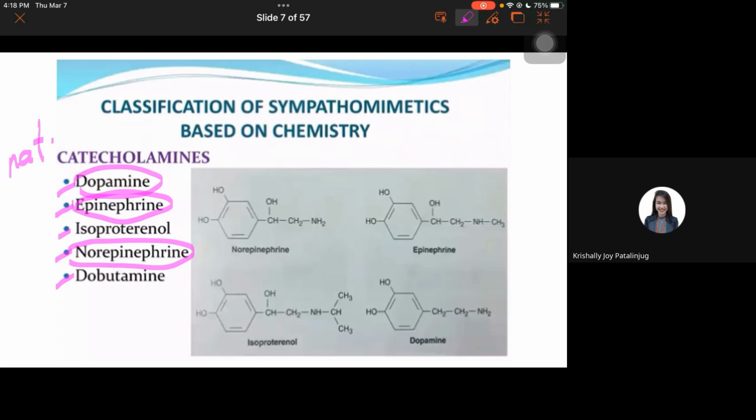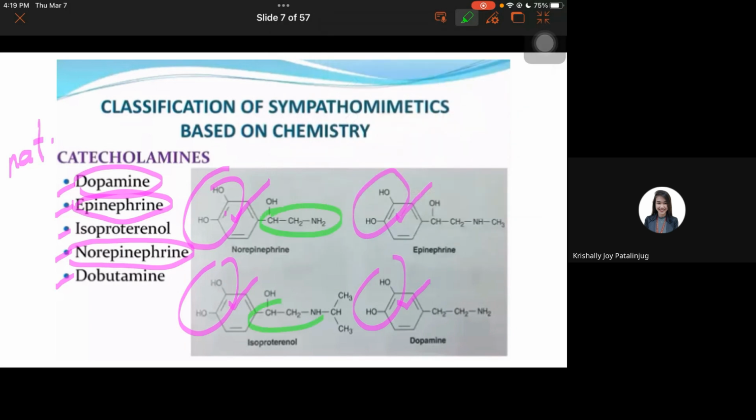Although meron din tayong synthetic one na ay kanang man-made, artificially made in the laboratory, but what I am pointing here is yung kaya ng katawan natin i-produce. Ito sila, si dopamine, epinephrine, and norepi. Okay, now based sa structure, I know we could agree, no? All of us could agree na kung titingnan natin yung structure, they are really catecholamine. May catechol, tingnan ha, yung structure, may catechol, at saka merong